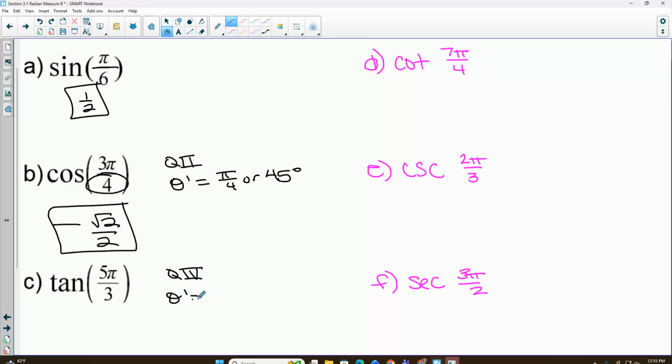My reference angle is just pi over 3. I'm fine if you just write pi over 3. If you do degrees, that's 60 degrees. I don't care which one of those you write. They're equivalent. So in quadrant 4, cosine is positive, so tangent would be negative. The tangent of 60 degrees is